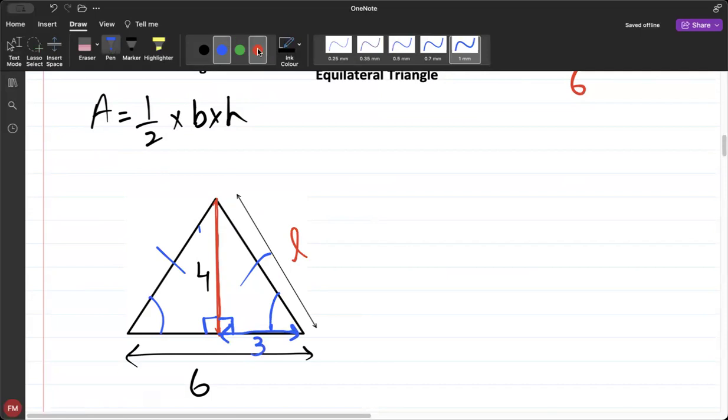So if my question says to please figure out the slant height, you can now use Pythagoras. Because if you remember that trigonometry video that I uploaded, I said whenever you see 90 in life, what does that mean? Either SOHCAHTOA or Pythagoras. Since they're asking us the side, that's the reason why I chose to use Pythagoras. So I can say that my slant height is going to be L squared, or hypotenuse squared, equals base squared plus perpendicular squared. If you add this up, that's going to be 9 plus 16,